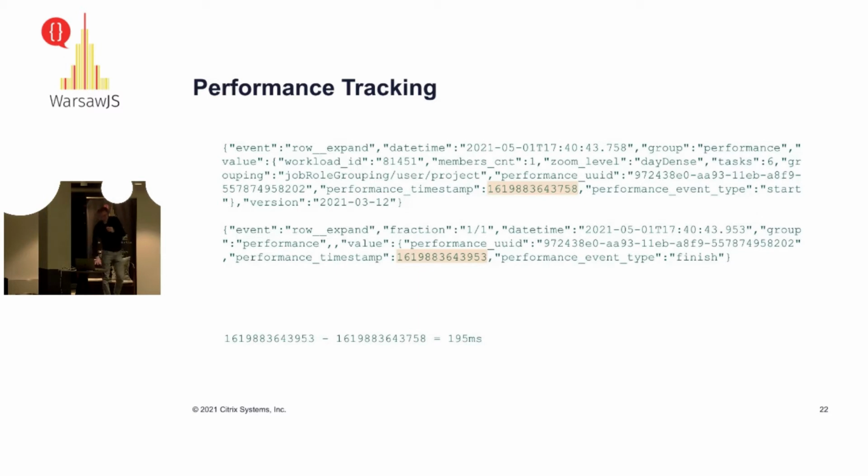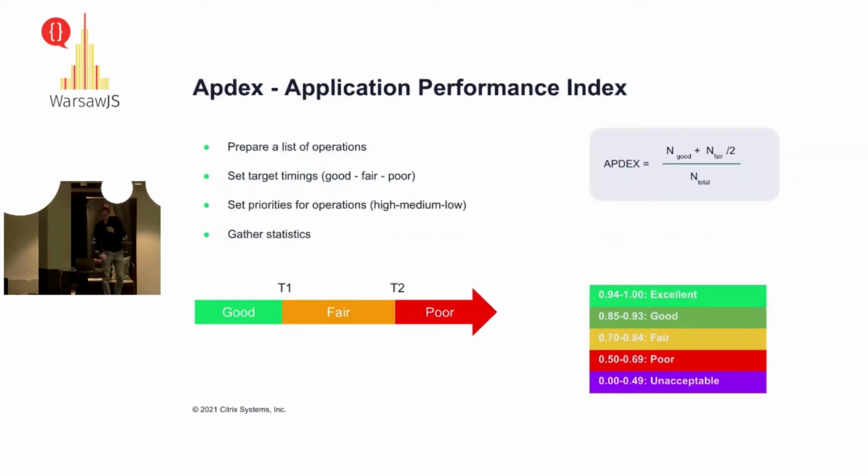And when we got these numbers for all operations, we set up the metric. The metric was Apdex. Apdex is the application performance index. And this is the key thing of the whole talk, of our whole journey about performance improvements. Apdex really helped us to understand the real picture for each particular customer, for every setup they have, depending on the number of people, number of Workload members, number of tasks, number of projects they display.